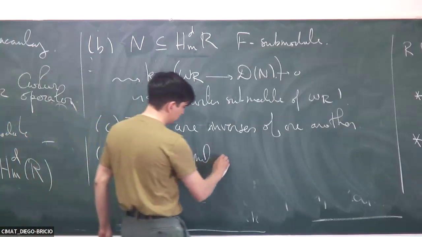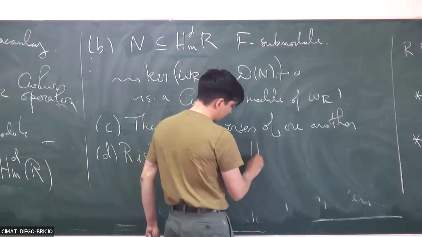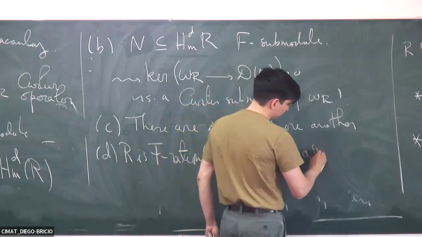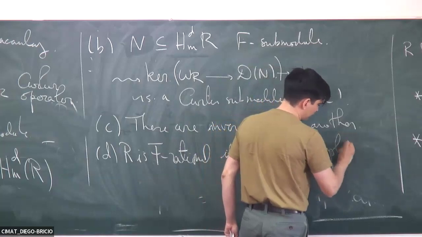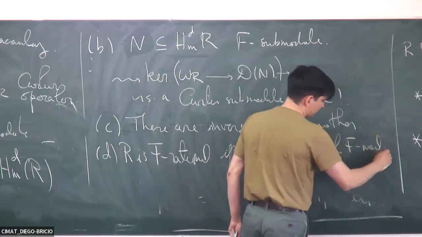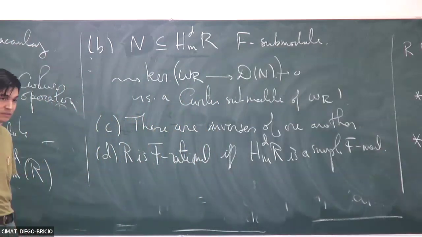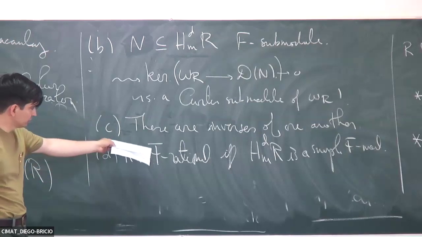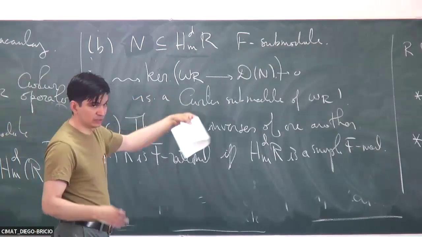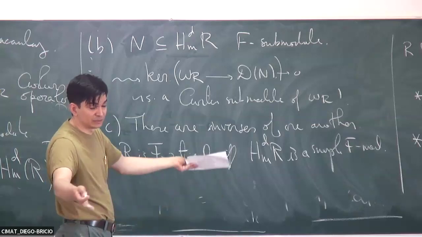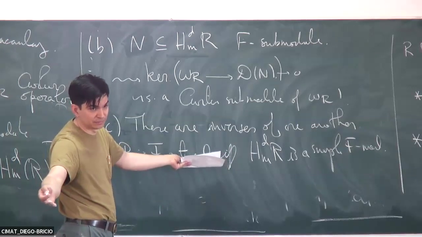So the conclusion is, if and only if this guy here is a simple F module, it has no substructures other than 0 and itself. F-rationality by definition is the simplicity of omega, which means that omega has no substructures other than 0 and itself. Okay,